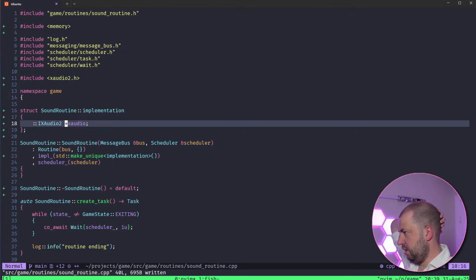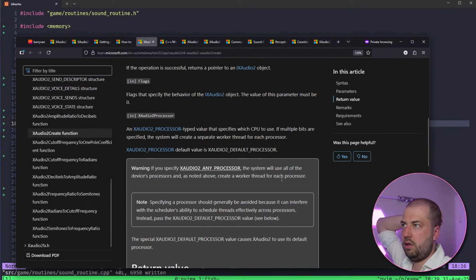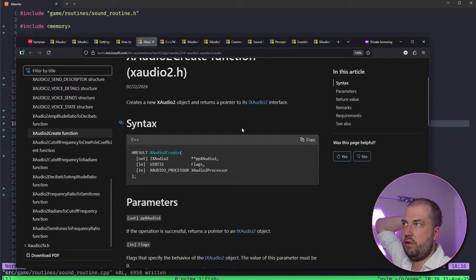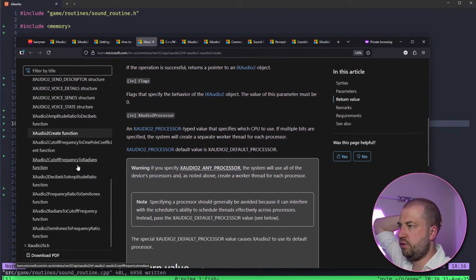How does one undo this? Is there a free? We got XAudio create. Wasn't there an XAudio2 release?